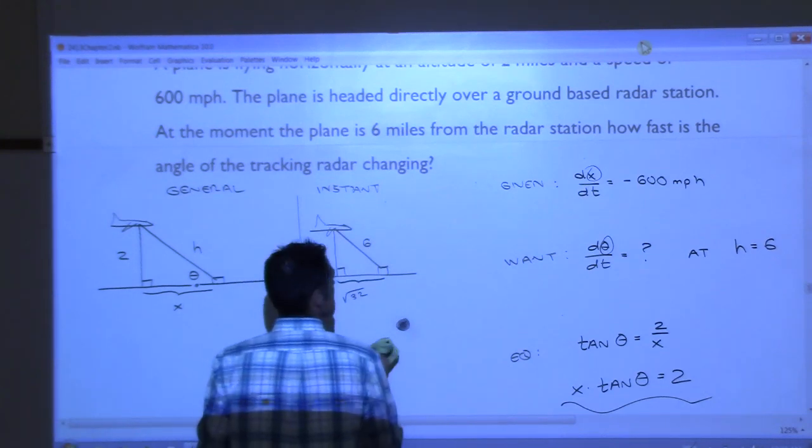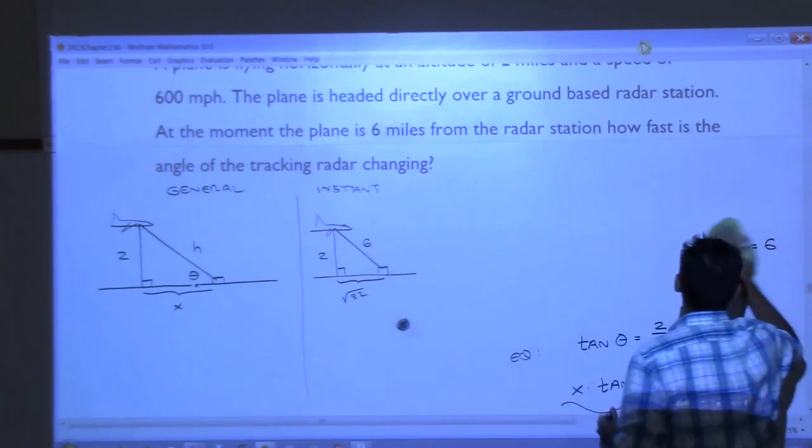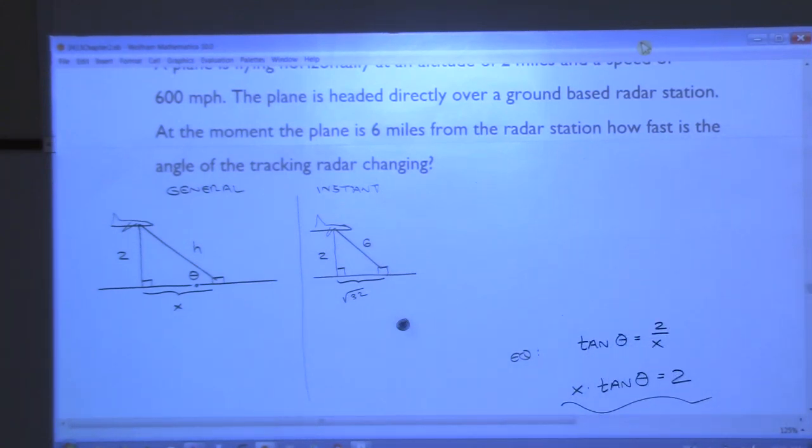We already have all this information. Okay, if I differentiate that, how do I have to do it? Product rule. This is a product, right? So you do derivative of the first one times the second one plus derivative of the